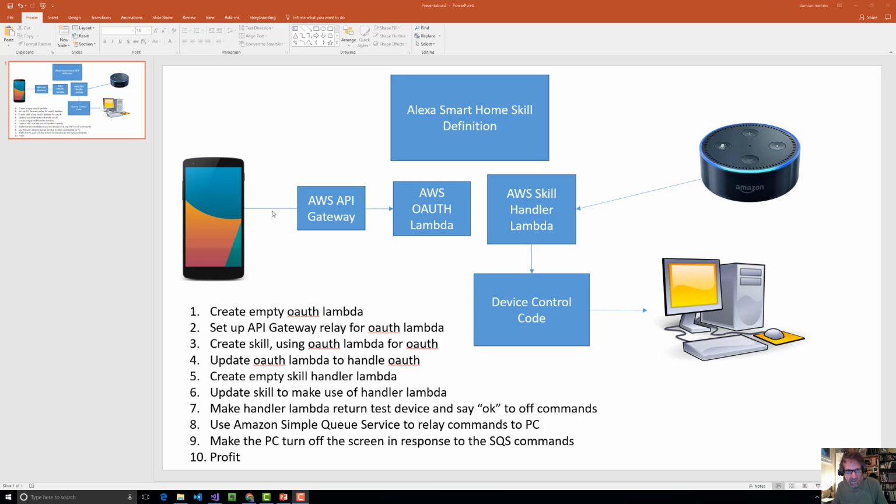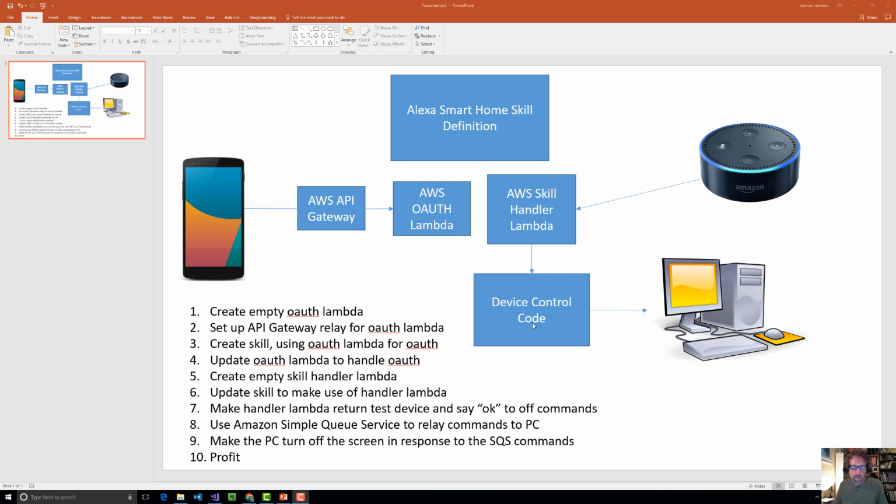That's going to be handling the authentication request, and I'm going to do a very simple hard-coded authentication mechanism because this is just to try it out, at home for yourself. Once we've got that flow running, to let the user authenticate and essentially log into your skill, we're going to then go on to the other side of things. We're going to define a second Lambda which receives the requests from the Amazon Echo. So when I say Alexa, turn off my computer screen, it's going to go to here, and then that's going to in turn relay the request over to a program running on my computer,